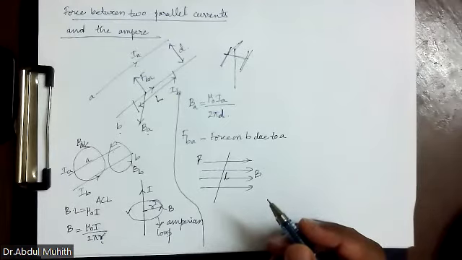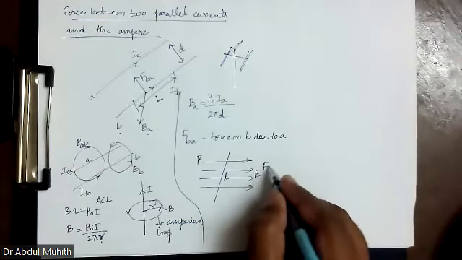What is the formula when a current carrying conductor is placed in a magnetic field? What is the formula? F is equal to,